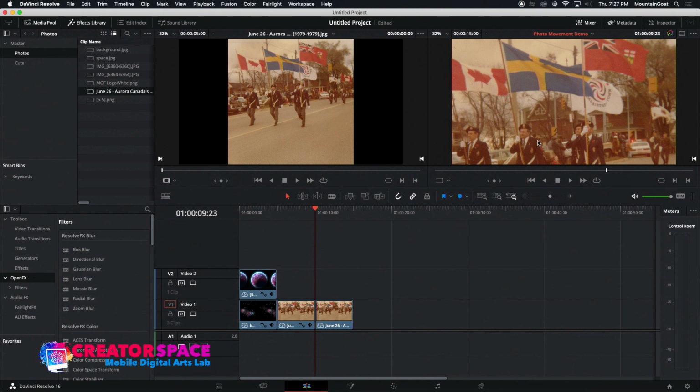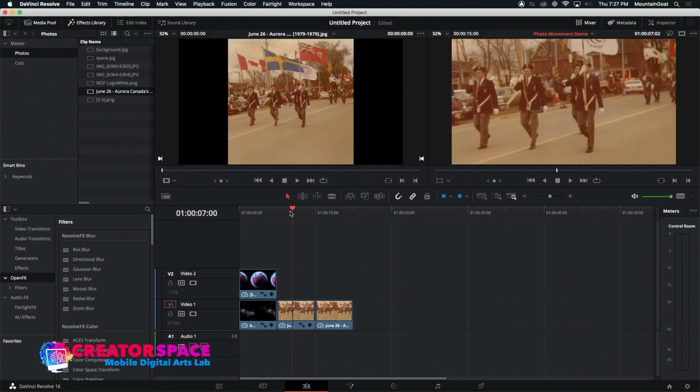It does so with algorithms of deciding, okay, it's going to slowly zoom in and move up and readjust the existing pixels of the photo to create that kind of animated movement, right? So we don't have to worry about that. We just got to tell it, I want to start from here. I want to end in this other spot. Okay, so now we look at